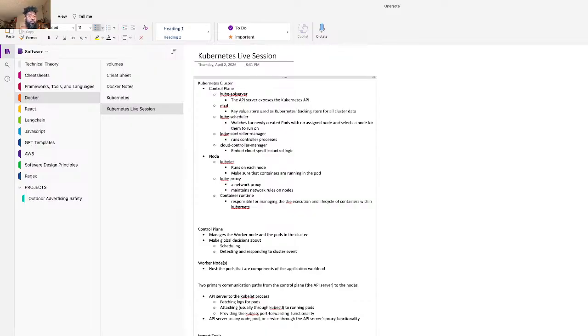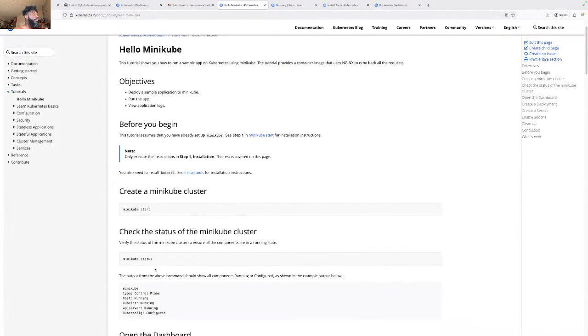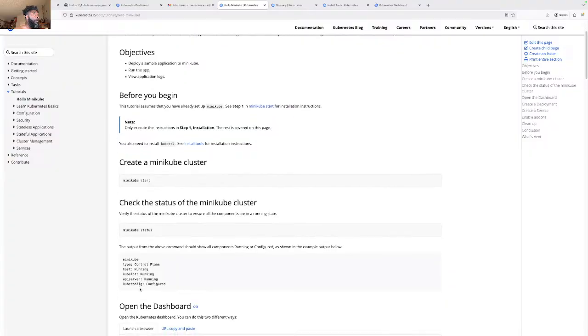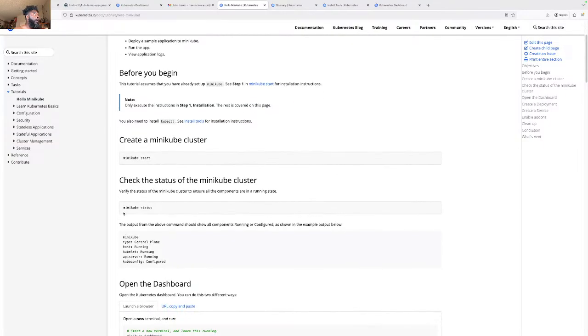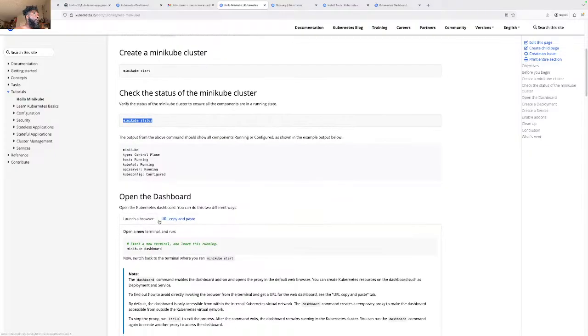Let's come to my cluster. Let's go back to my main screen, restart the screen capture. And then it started up the cluster, and then minikube status, which is the second step they said, and there's what it says about the cluster. So we did those, and here are the components. Once you have your cluster started by minikube start, and then minikube status to verify it's running, now let's open a dashboard.